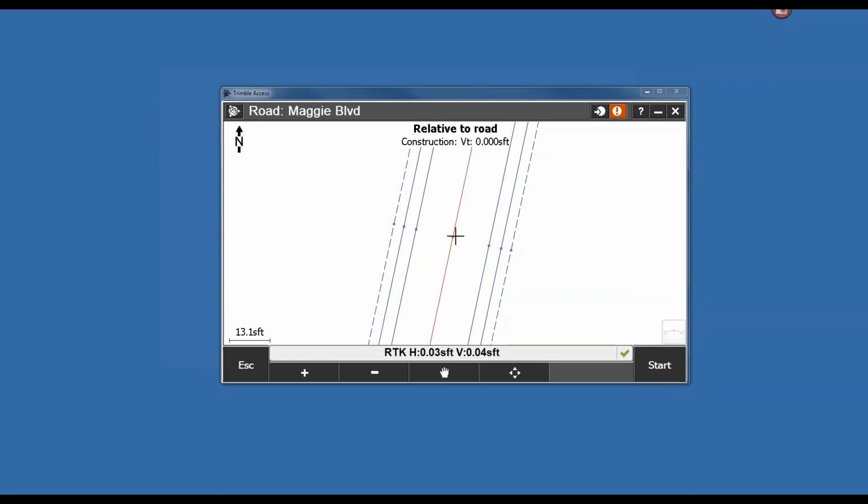Now the next step that we want to do would be to measure our position relative to a string. So again, as I said earlier, these offsets are all connected based on their codes or their offsets. These are all what we call strings. So if I select a string, notice how it makes it bold on my screen. It also lists the string at the top of the screen, and it also lists my construction horizontal and vertical offsets. I can change strings by using the left or right arrow keys on my keyboard,